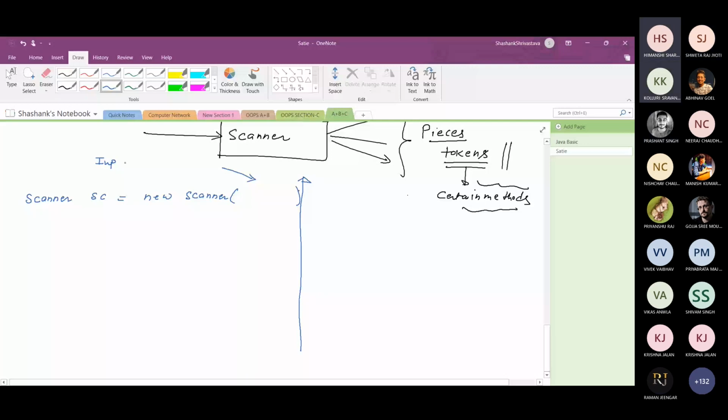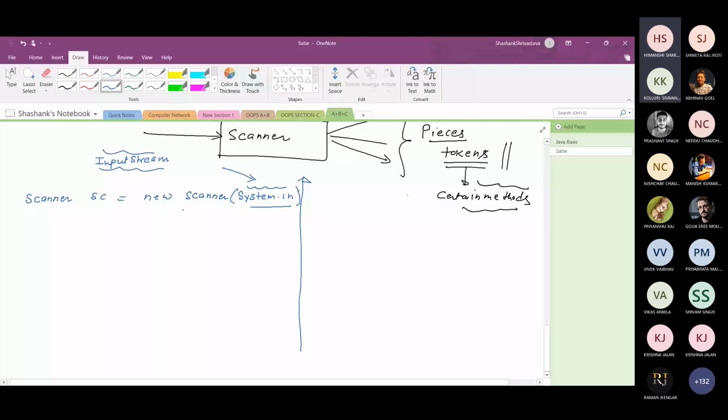Since we need to take the data from the keyboard, we can pass System.in here, because System.in is of input stream type and it represents the keyboard. Now the keyboard is connected with the Scanner class object.